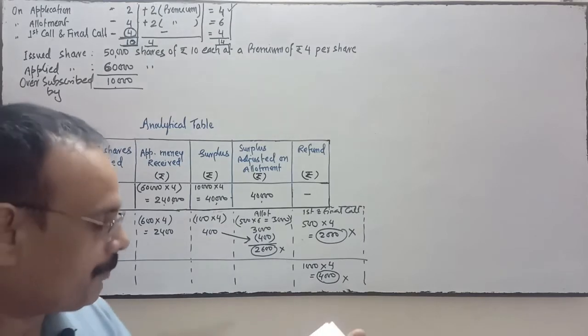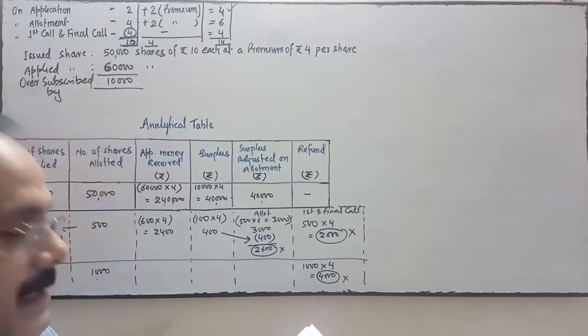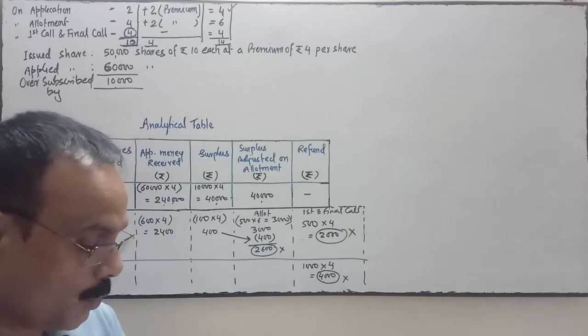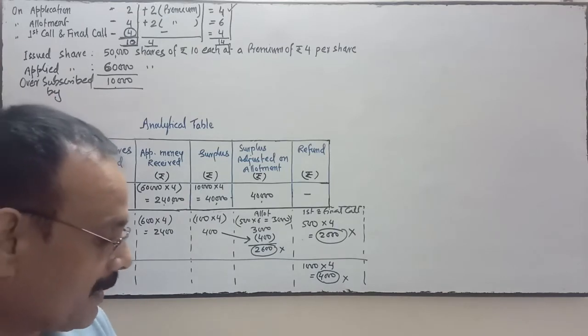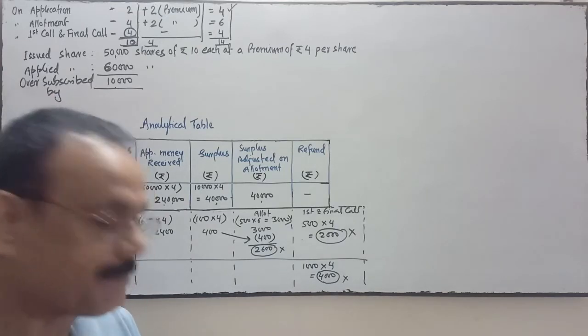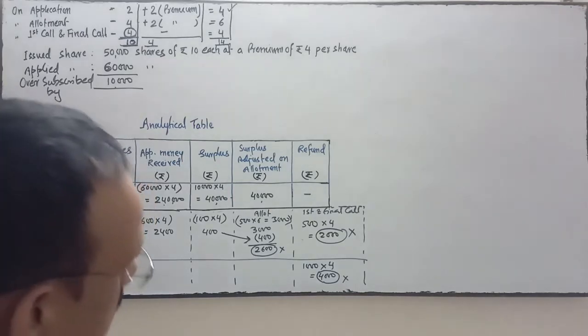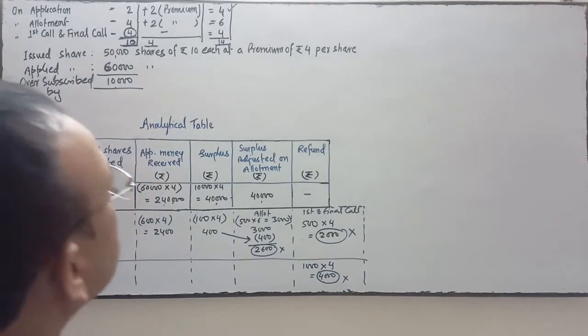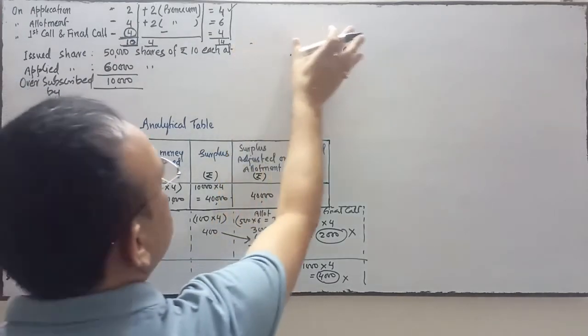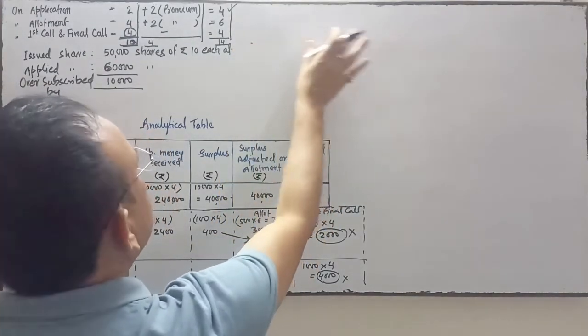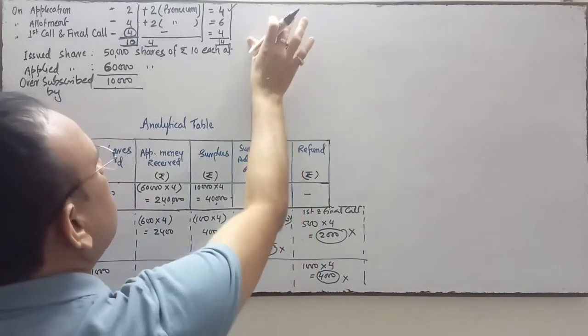These shares were forfeited. Out of the forfeited shares, 1200 shares including all the shares of Shyam were reissued at a discount of 10% as fully paid. Okay, now we'll start with the journal entry. I'm going to start the journal entry from here. I'm taking this much space for the journal entry.